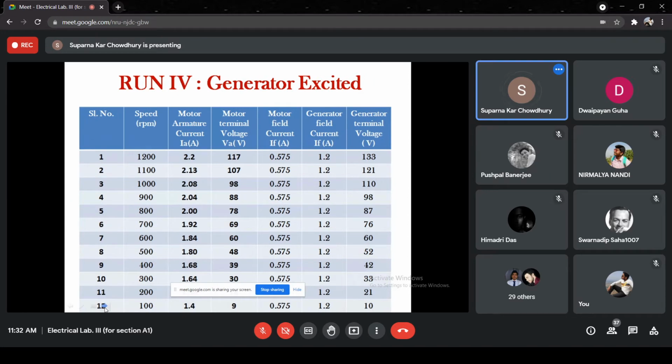Now, the next one is the generator excited. Here, additionally, the generator field current is noted. Both field currents are constant, because unless we keep the field current constant, the flux will vary. And with the speed, you can see the generator voltage is varying. Here this V into I has increased further because the core loss is added. So this is V and this I, minus I square R loss of the motor,